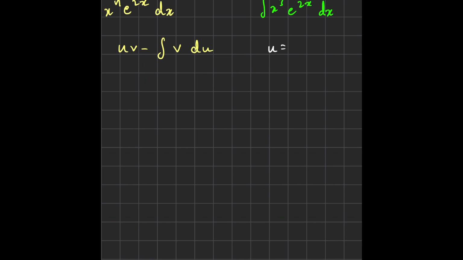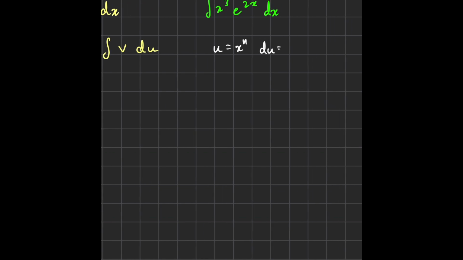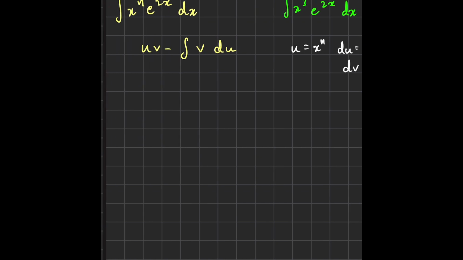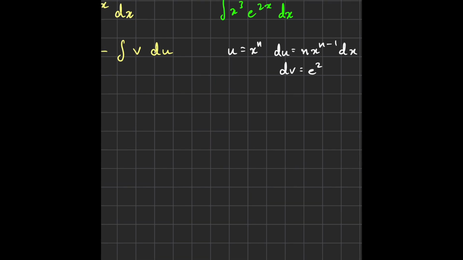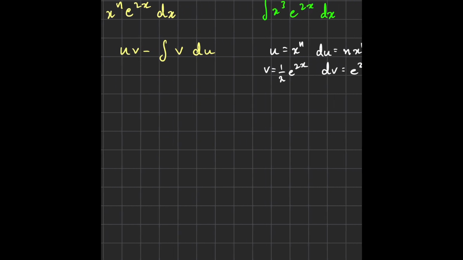So I'll make our u equal to x to the power n, making our du would be n times x to the power n minus 1 dx. Our dv is e to the power 2x dx, making our v half times e to the power 2x. Alright, now if we sub all of this in,